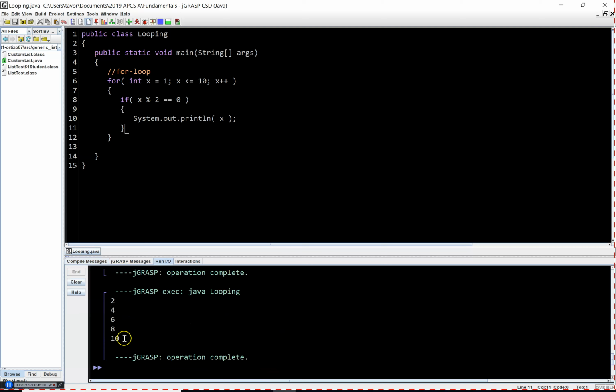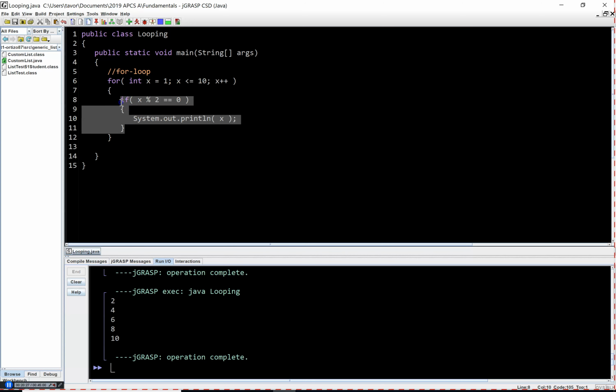And notice that I still get the even numbers 2, 4, 6, and 8. The difference is, though, that there was not a total of 5 iterations, or I didn't just loop 5 times. I actually looped 10 times. So there was 10 iterations, but this was true only 5 times. That means that x was 1, and when x equals 1, this is not a true statement, so you don't print. And then x is 2, this is a true statement. The remainder is 0, and so you print 2, and then x is 3, and so you're looping,